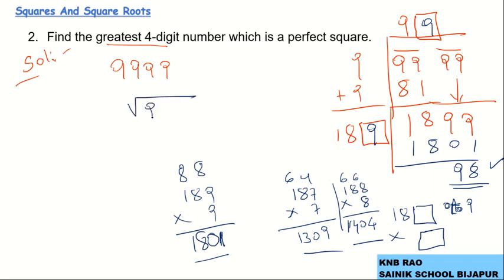Here 9999 is more than the square of 99 but less than the square of 100. And what is that small number to be subtracted? It is 98. So from 9999, if you subtract 98, we will get